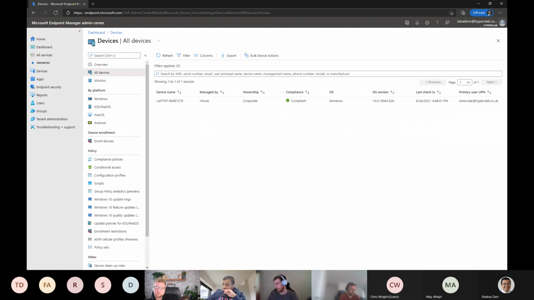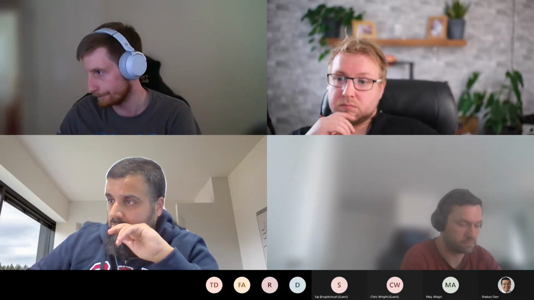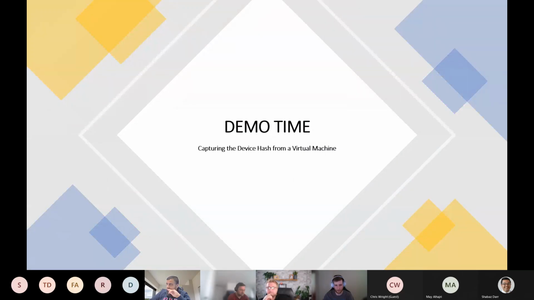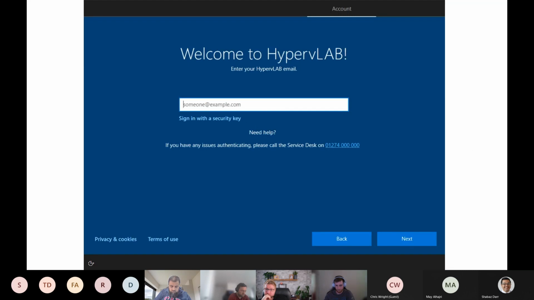So the next demo, if I just swap back to the slides. The last part of the demo I've got, which is pre-recorded because it takes about 10 minutes, is what happens when you take an out-of-box device. So once it's checked into Autopilot and Intune, this is what it will look like. Depending on how many apps you've got configured to install, it can take anywhere from 5-10 minutes to maybe half an hour. When I recorded it, it was just over 10 minutes, and I've edited it and sped it up just for the sake of the talk for this evening.